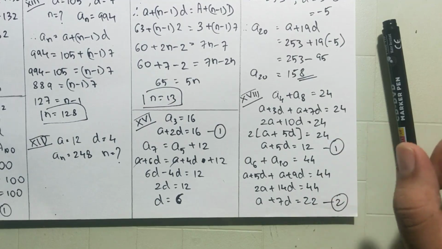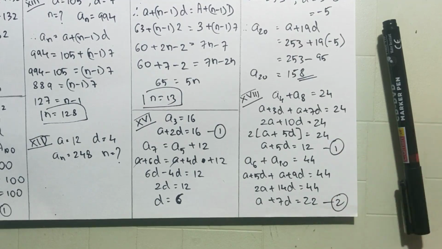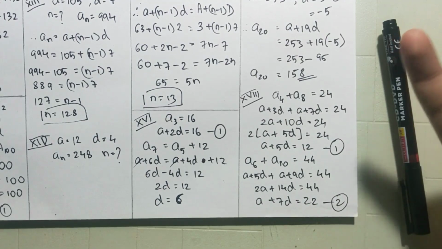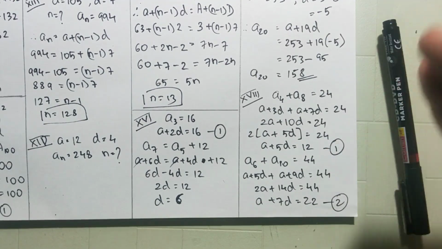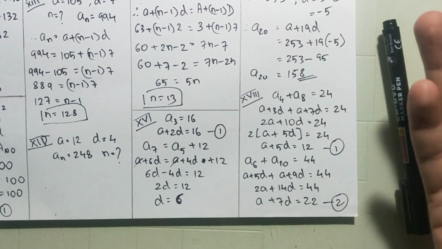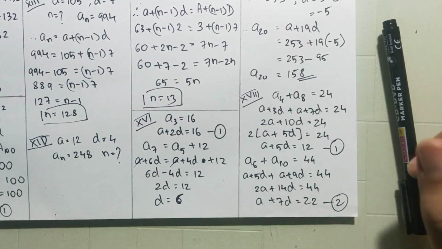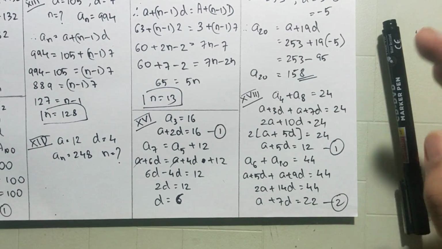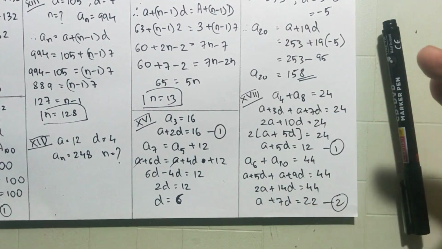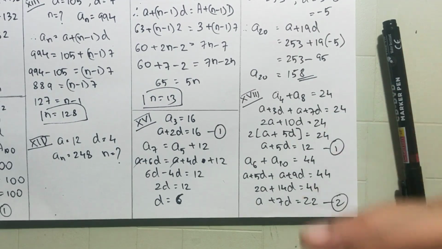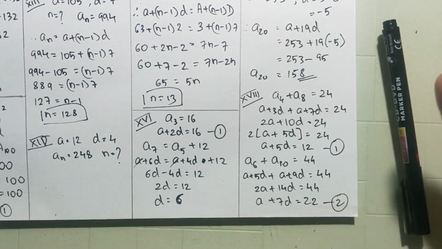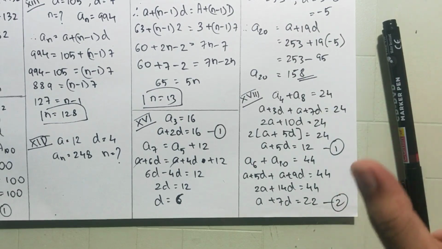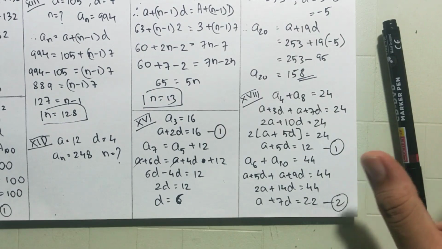After finding A and D, the question is to find the first 3 terms of the AP. तो A तो मिल गया, वो फर्स्ट टर्म हो गई, उसमें D ऐड कर दीजिए, सेकंड टर्म हो गई, फिर एक और बार D ऐड कर दीजिए, थर्ड टर्म हो गई. पहले जो A मिलेगा वो फर्स्ट टर्म, फिर D को A में ऐड करेंगे तो सेकंड टर्म मिलेगा, और फिर एक और बार D को ऐड करेंगे तो थर्ड टर्म मिल जाएगा. Hope this is understood.